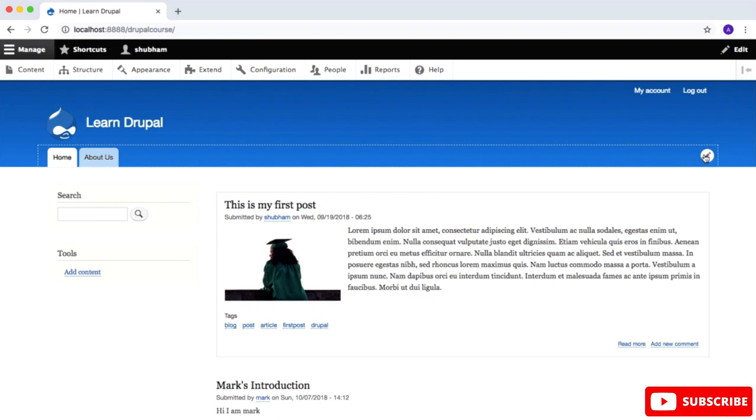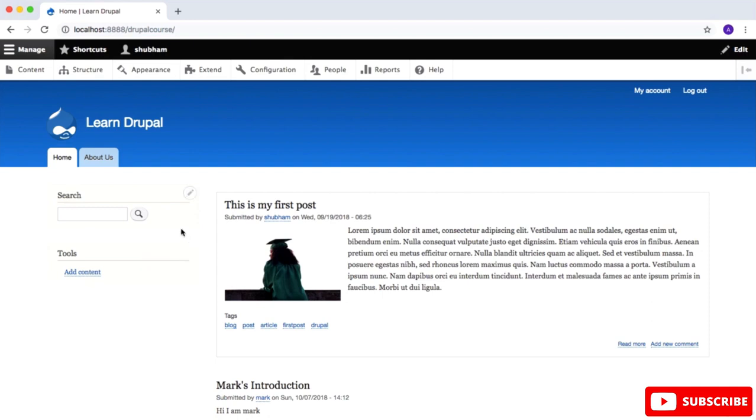Basically, a block is a grouping of content on your website. Well, what do I mean by that? Blocks are the boxes of content that can be displayed on your Drupal website, and everything that is displayed on your website is inside of a block or is a block. If you hover over your search bar and click on this pencil icon, you will see an option called configure block. So this basically means that our search bar is a block. If you hover over your toolbar, you will see that pencil icon, and if you click on that, you will see the configure block option.